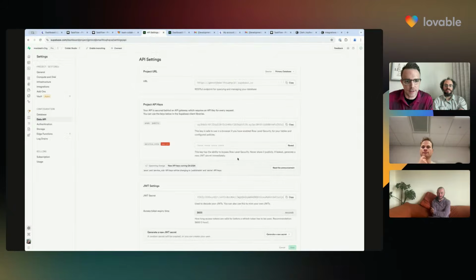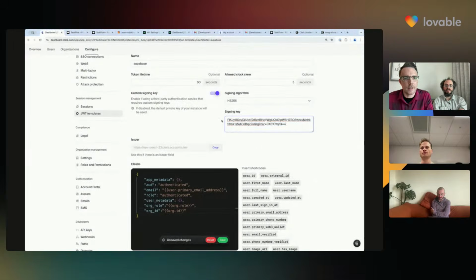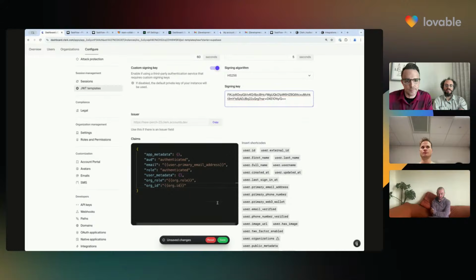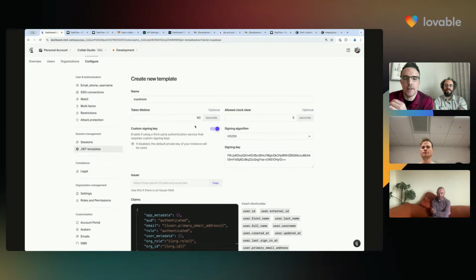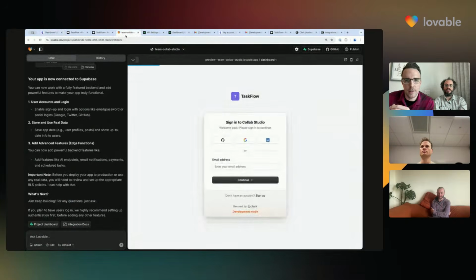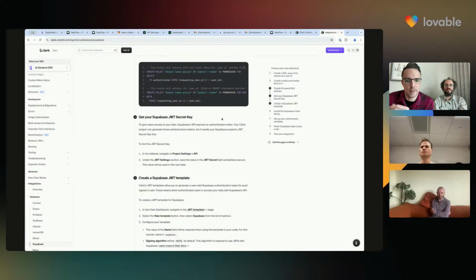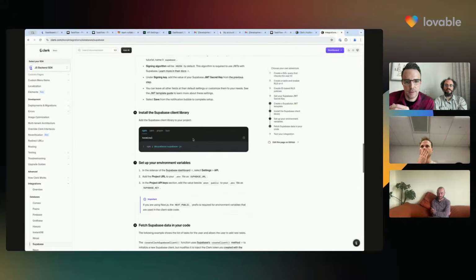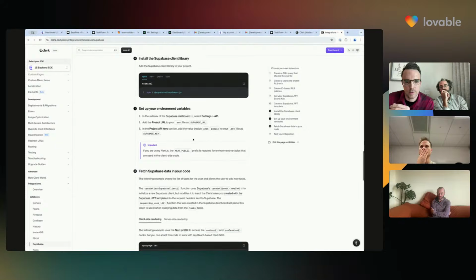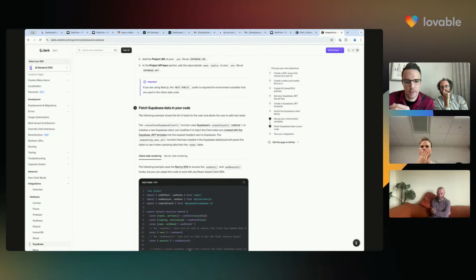I'm just going to double check that I have not messed that up. That will bite us later. Yeah, no, that's it. Okay, we're good. Okay, so this is going to allow Clerk to issue a token that's using this key from Supabase, so that the two can talk to each other. And where are we in our steps? We've done that. Okay, so I'm going to grab a little bit of a base level implementation here and say,